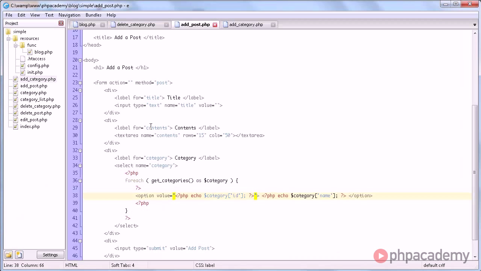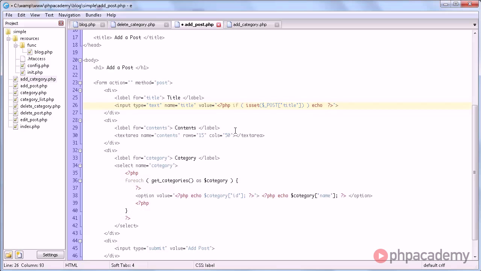What I'm going to do next is say in here in the title input field, if is set post title. So if the form was already submitted with this title, but some errors were thrown, so it wasn't processed yet, we still get the title in the input field again, so the user does not need to type it all out again.